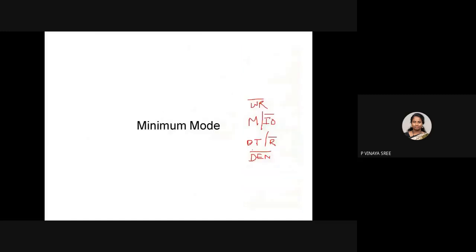So why am I discussing all of these? Because it is a sequence. So what is the sequence? DEN bar is an active low pin, and DEN indicates D for data, EN for enabled. So data is enabled, data is ready. When data is ready, it is ready inside a buffer.